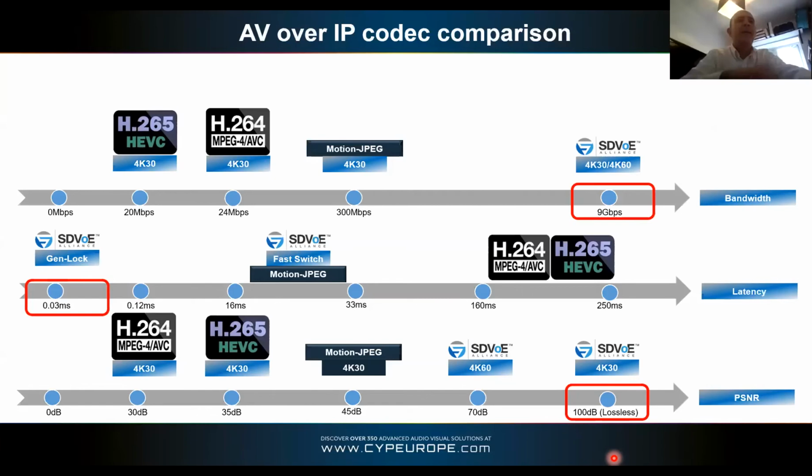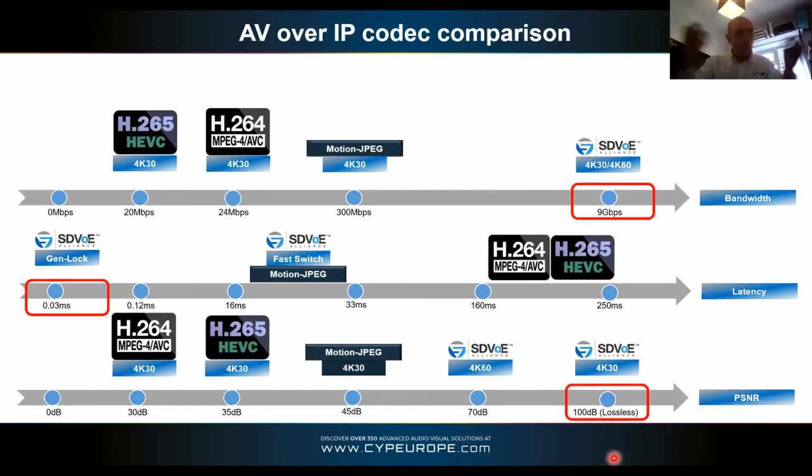So we're just showing you 3 different types of AV over IP systems. So your older H.264, which basically you don't really need to use very often, but H.265, that can be quite useful. There's use for those systems if you've got older CAT infrastructure, or actually it's more about just getting the picture there. What's also useful about H.265 is you can do a closed network streaming like IP or SDVoE,